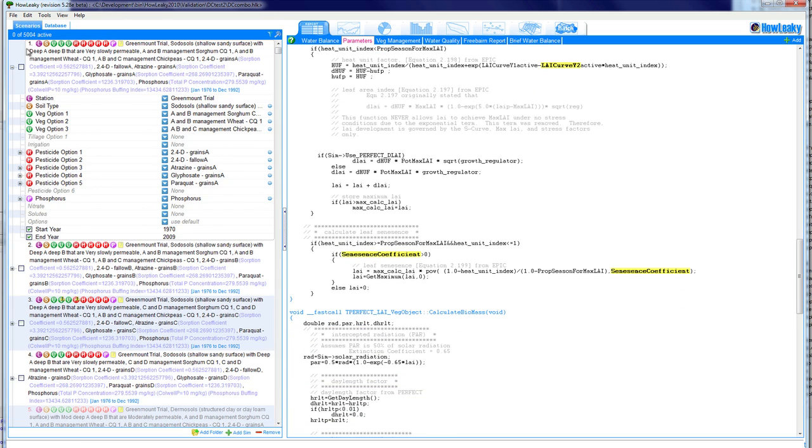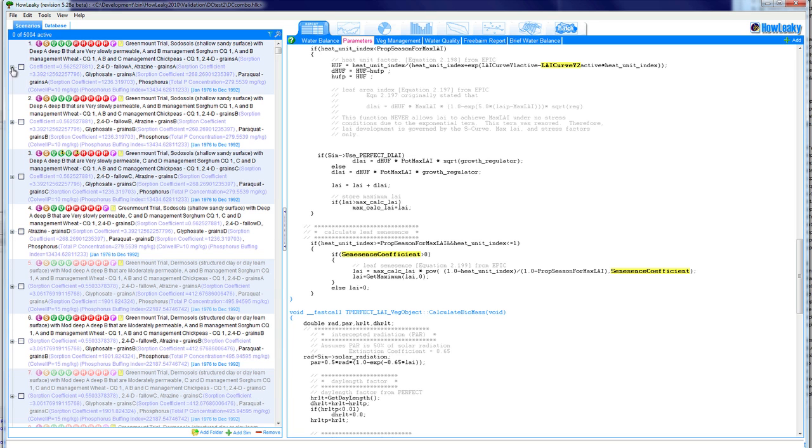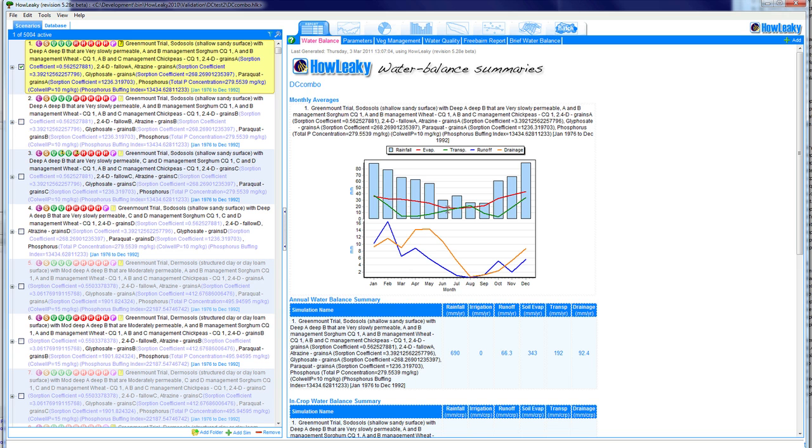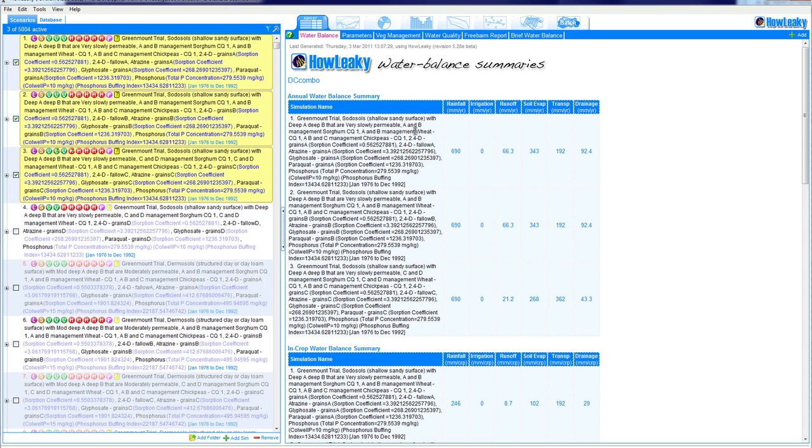To run a simulation, all you have to do is click on any of the names of the scenarios and select an output that will show you what's happening. In this instance I've selected one simulation, and we're presented in the main water balance report with a chart. If I select multiple simulations, then we lose our graphic and the data is simply represented in tabular